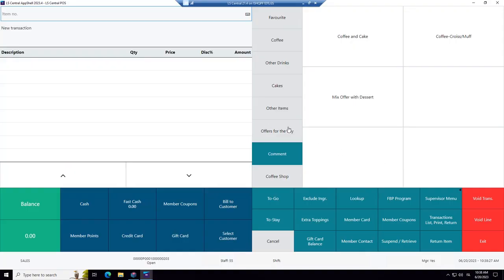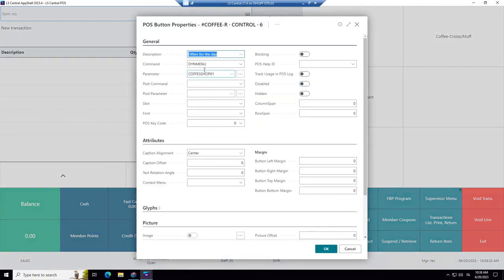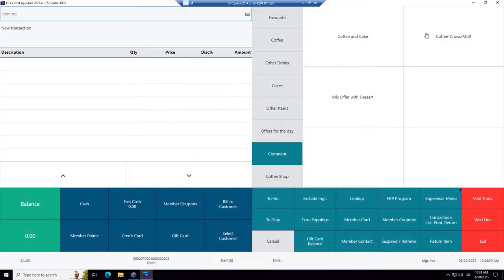The offers of the day option, if you select that button, right click, button properties, you will see is a dynamic menu. And do you remember the dynamic menus? That is menus that are built up depending on the setup behind the button. So dynamic menus, you can never open menu properties or button properties.